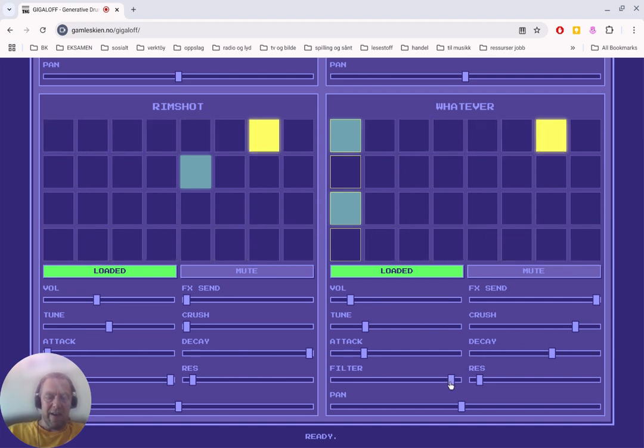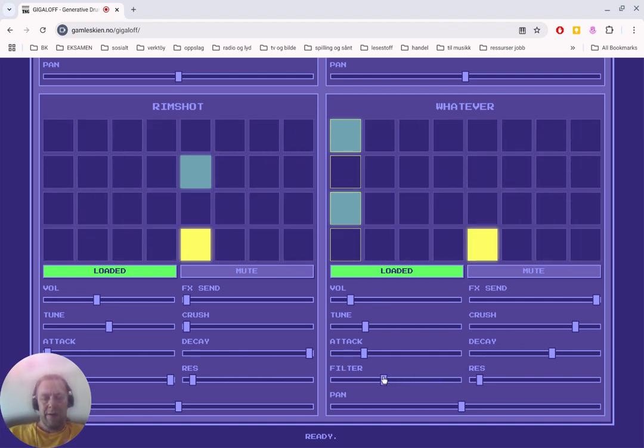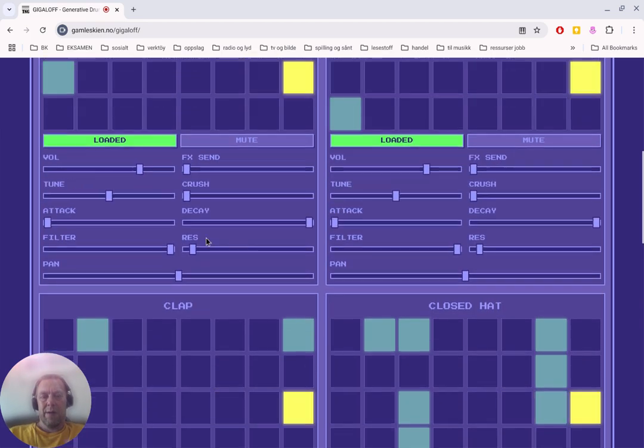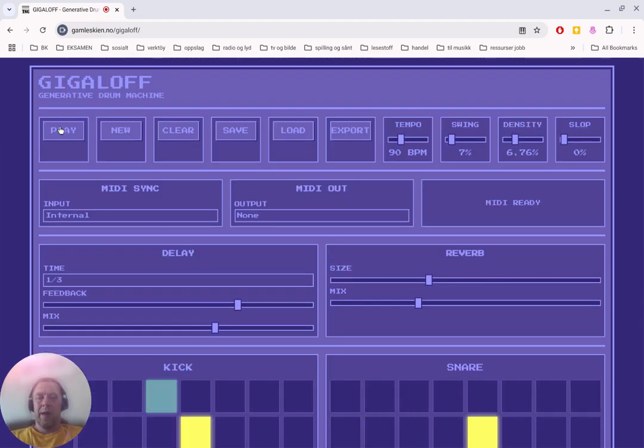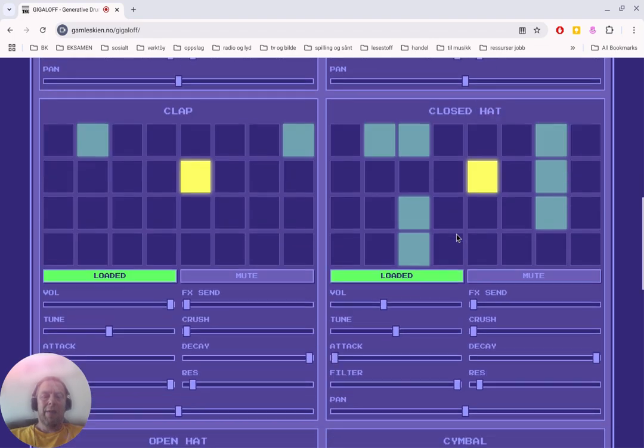And we have a filter. Additionally, if you want,